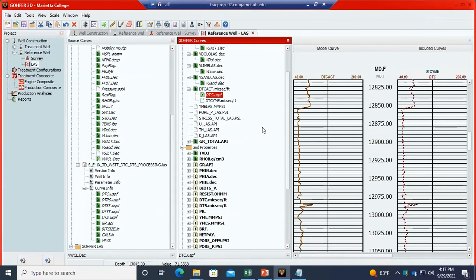So from dipole sonic log data, you can create the dynamic Young's modulus and Poisson ratio using the equations. Then convert it to static using core data or local correlation to get the static Young's modulus